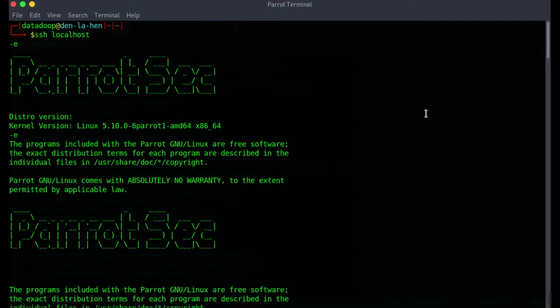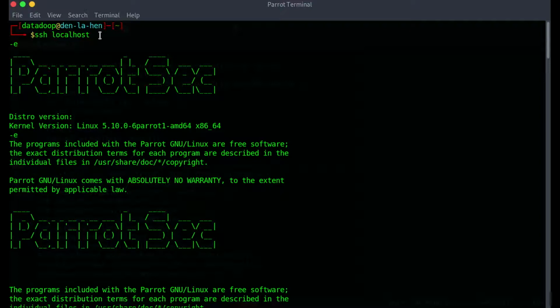So in order to make sure this works, I have already executed the code, and I'll just take you through the commands that I have used to execute it. First we'll be using ssh localhost to make sure your SSH is up and running.